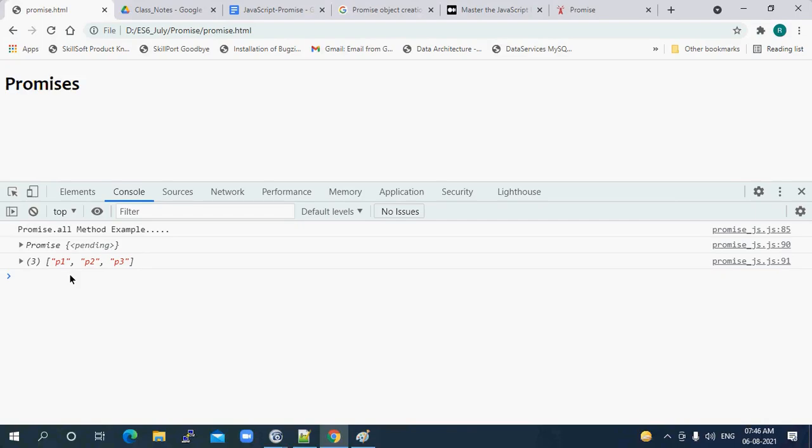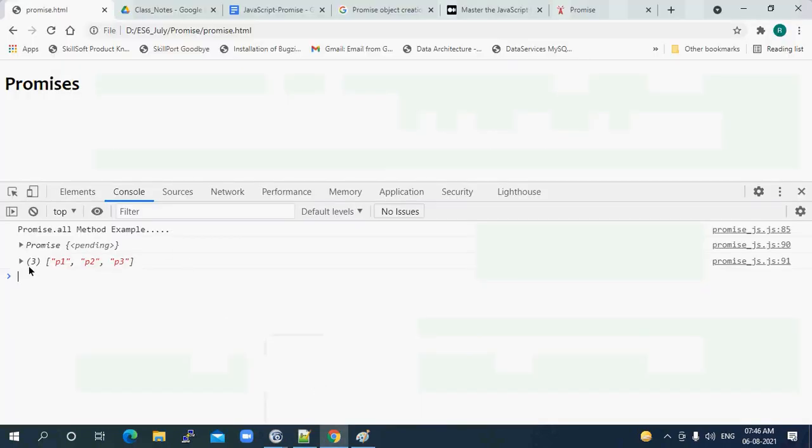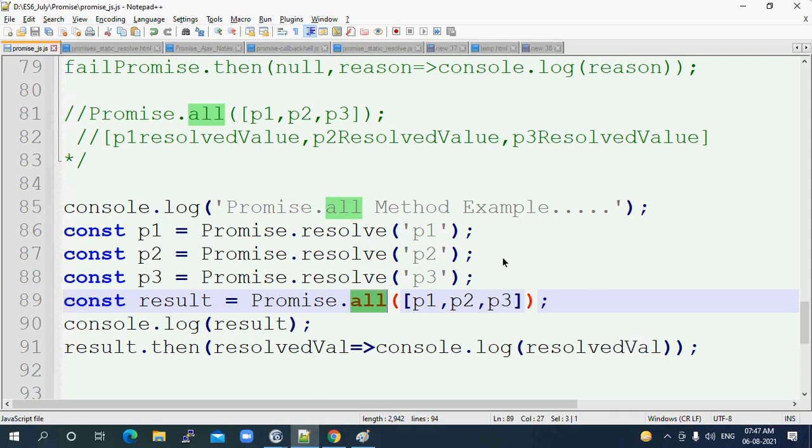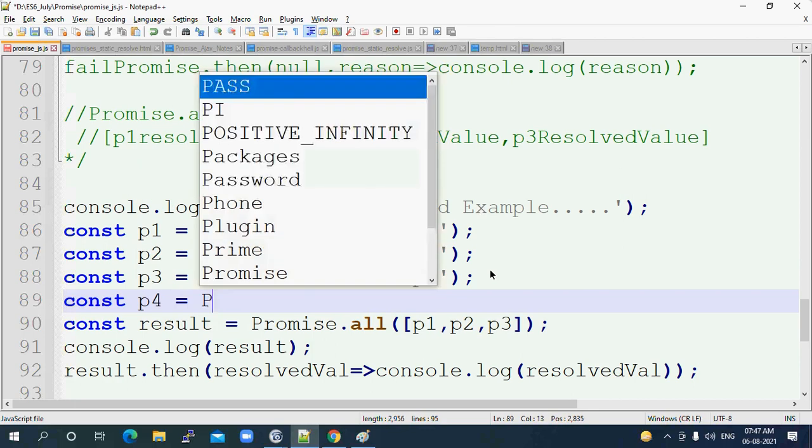Okay. So Promise.all also returns us one promise, right? Yeah. You saw that? Yes. So once we have the result, that resolved value contains the array of each promise result, whether it is rejected or resolved. Understood? Yes. So suppose I mention another promise constant P4 is equal to Promise.reject,